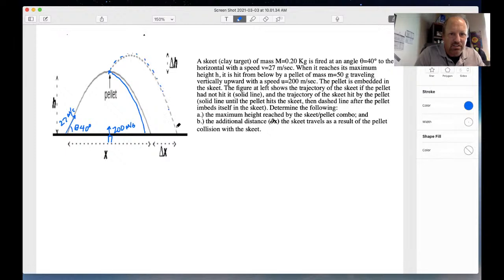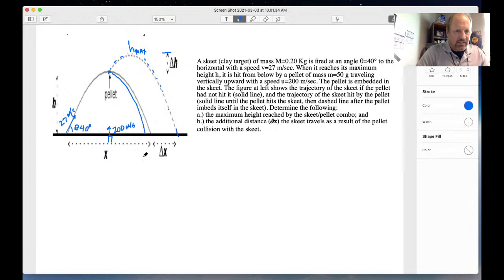And so the two questions are: what is the total maximum height of the pellet-skeet combo, and what is the extra distance, the additional distance delta x, the skeet travels as a result of the collision with the skeet. Okay, so